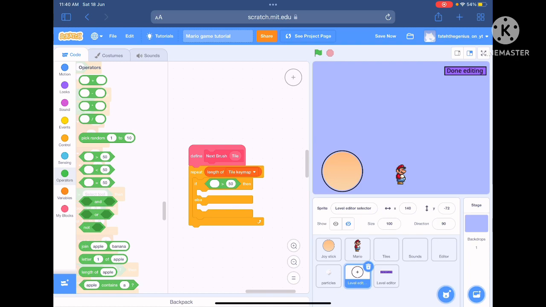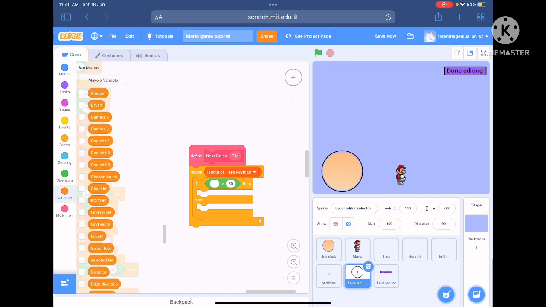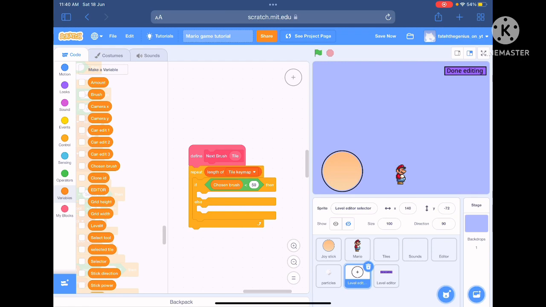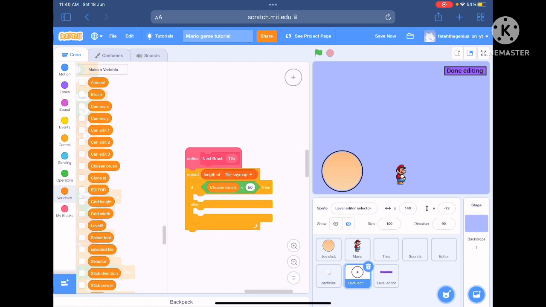And we'll check if the chosen brush is less than length of Tal Key Map,